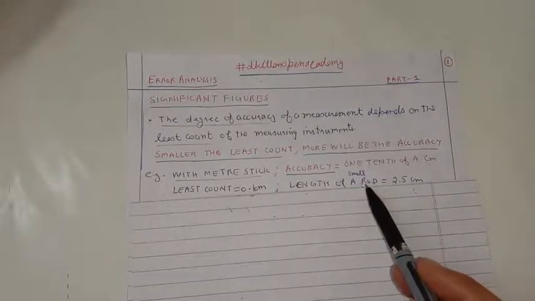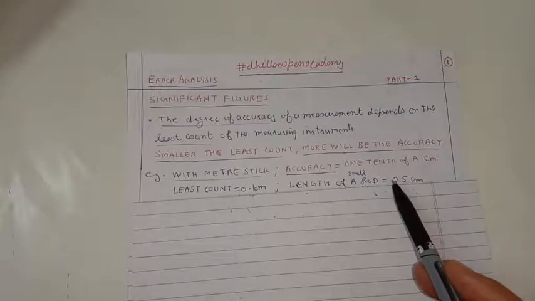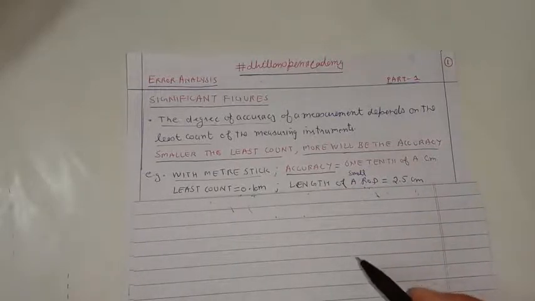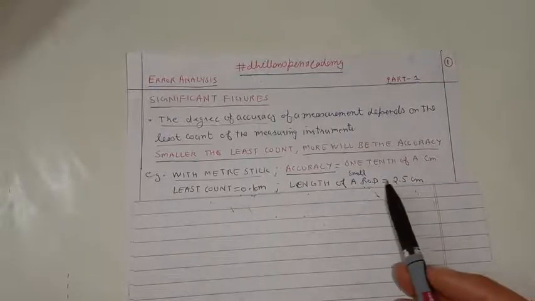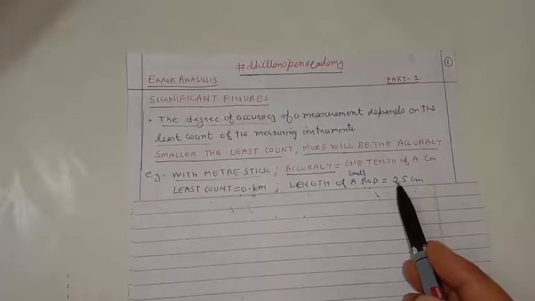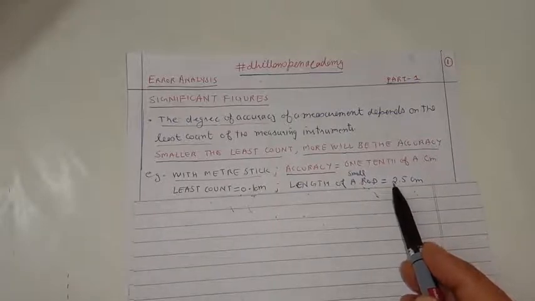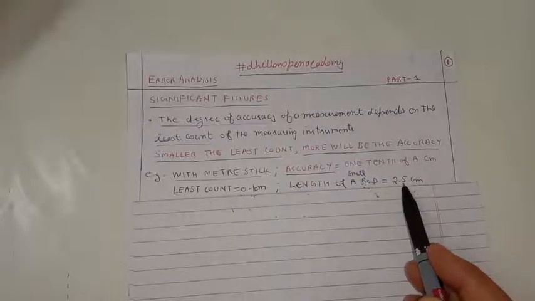If the same meter stick is given to some other person to repeat the measurement, he may get a new value, for example 2.4 centimeter or 2.3 centimeter or even 2.5 centimeter. That means when the same measurement is repeated, the value that is before the decimal place, that is 2, will always be present in the observation, but the digit at the first decimal place can vary or it may also not vary.